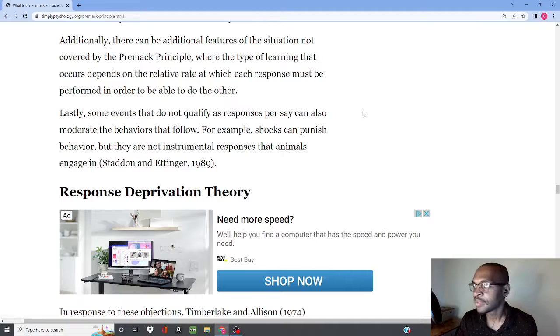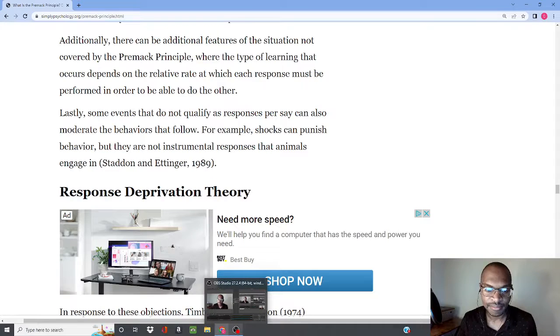All right, so now let's get into how we can really apply this behavior in therapy. Now that we've learned about the Premack principle, how do we apply it in therapy? So the easiest way to apply it in therapy is to create a hierarchy checklist of least desirable activities all the way down to most desirable activities. So the least desirable activity that you want the client to do, you pair that up with the most desirable